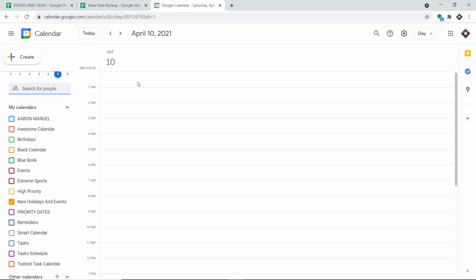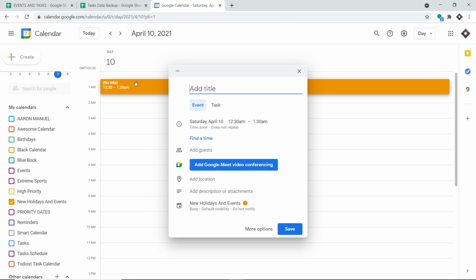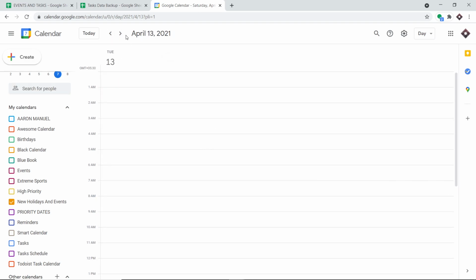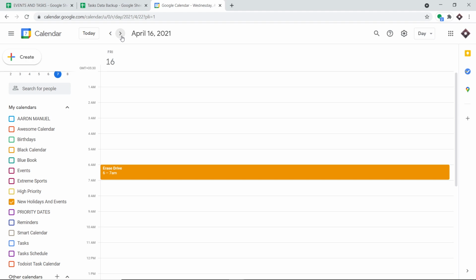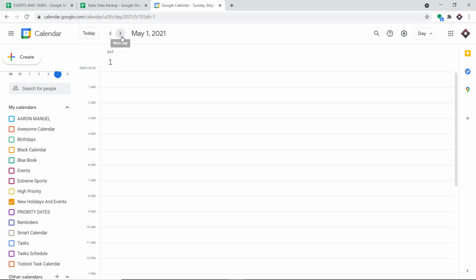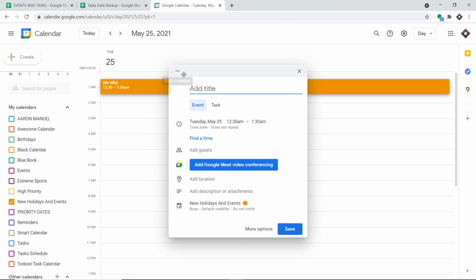Okay, so this is my Google Calendar, and what I'm going to do here is schedule an event. Let's say we change the date to June or something. So the idea is that if you schedule an event and enter all the details, after the event is scheduled, it will be reflected in Google Sheets. Basically, today I'm scheduling the event for May 25th. So the title is basically this: